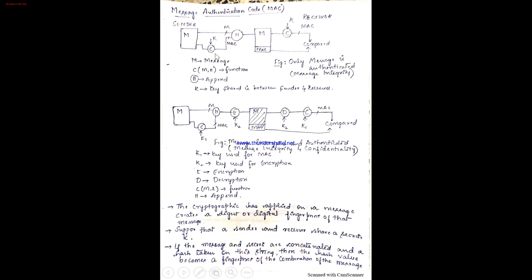To summarize, a message will be given as input to the message authentication function. This function will also take a key as input, and it will result in a fixed length code, that is the MAC, and this MAC will be appended to the original message and sent across the channel, I mean the network. On the receiver end, the message will again be given as input to the MAC function with the same key, and it will result in a MAC. That MAC will be compared with the MAC which is sent along with the message.